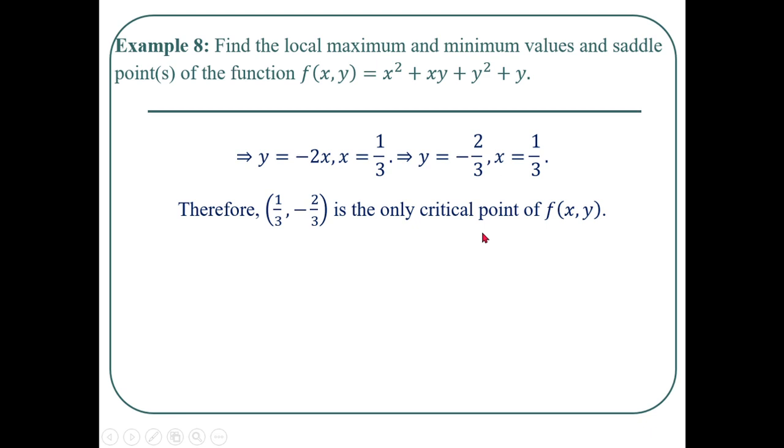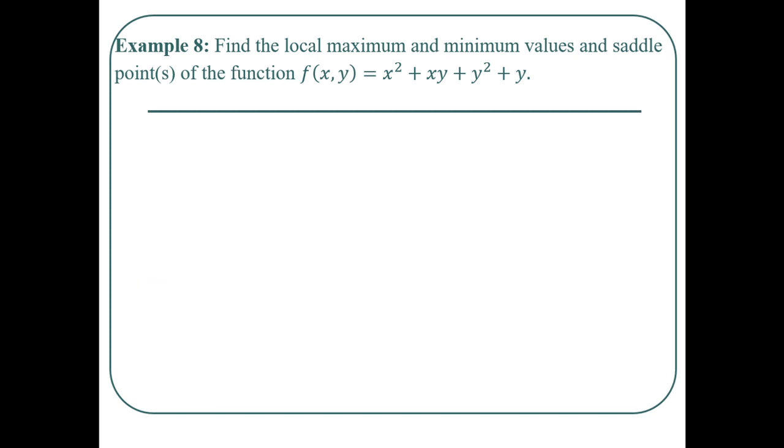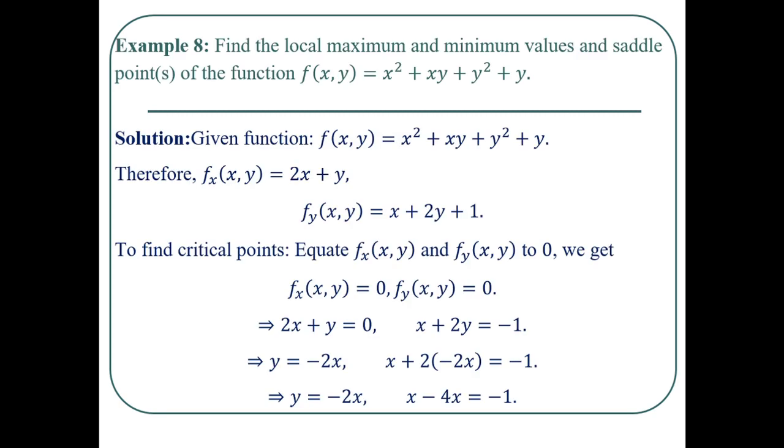Now we want to decide whether this critical point is a saddle point, local maxima or minima. For that we want to use the second derivative test again. For that we have to find fxx at (x,y), fyy at (x,y) and fxy at (x,y), and then for the point (1/3, -2/3), as from the first order partial derivatives, fx at (x,y) and fy at (x,y), that are 2x plus y and x plus 2y